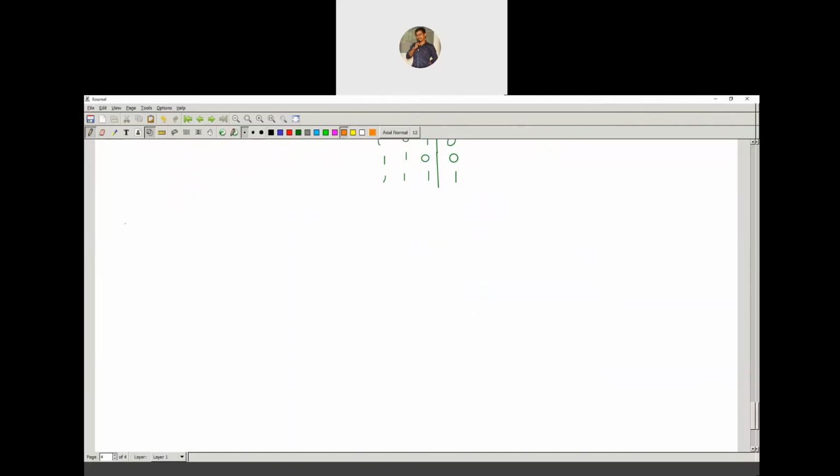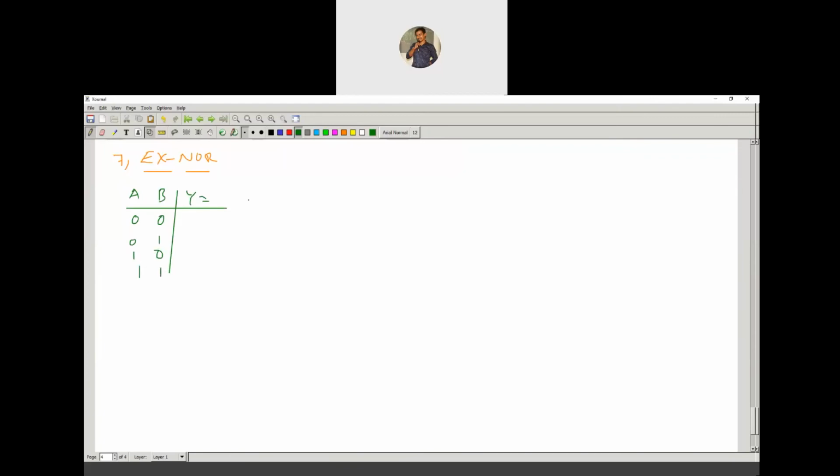With this, we will conclude today's lecture with the XNOR gate. Within 5 minutes, we conclude our lecture. First the truth table, let me take 2 inputs A, B. With the 2 inputs, we have the 4 combinations 0 0, 0 1, 1 0, 1 1.